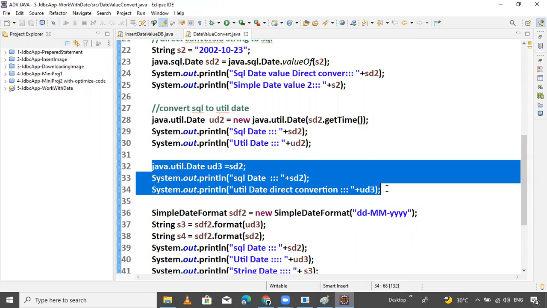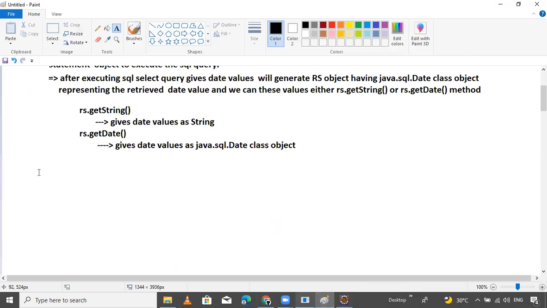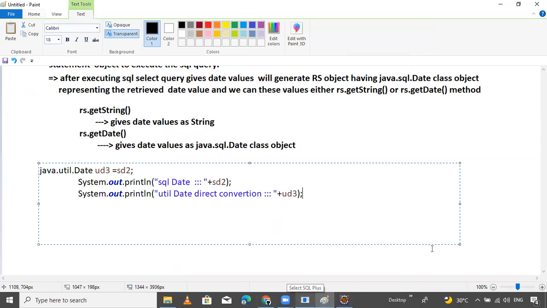Okay. Now the second way is to convert, by using this also you can do it.